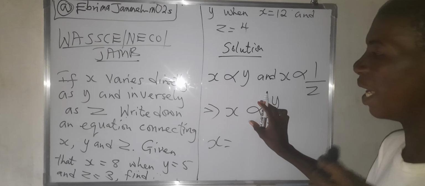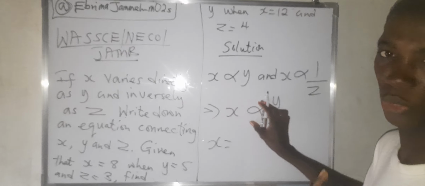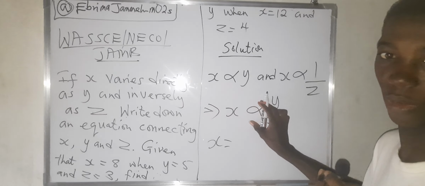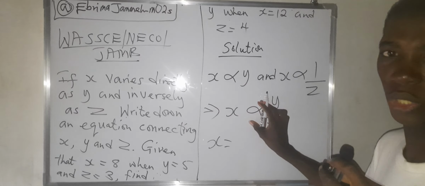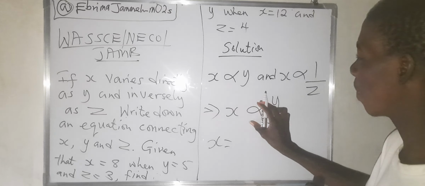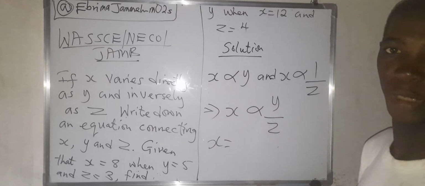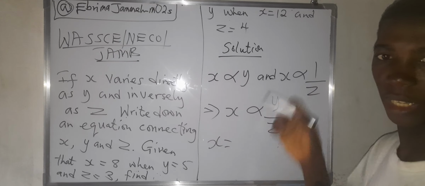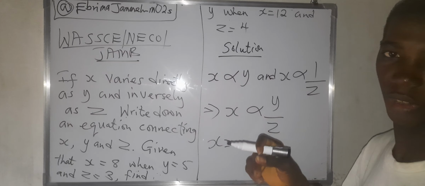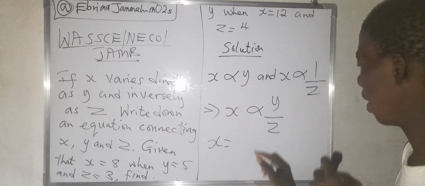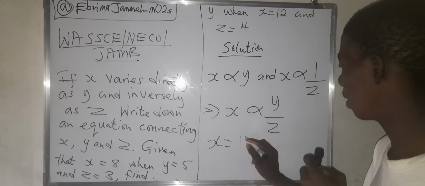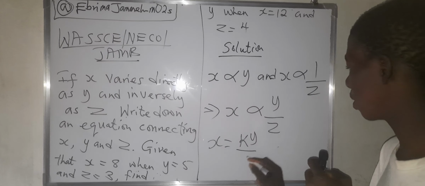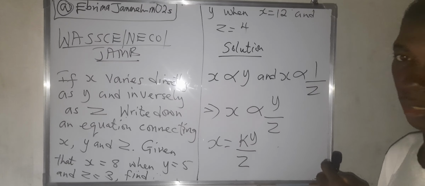In representing with a constant, you can choose any letter or variable. So now let's use k. That means k is a constant of proportionality. Now we said x equals k times y over z,